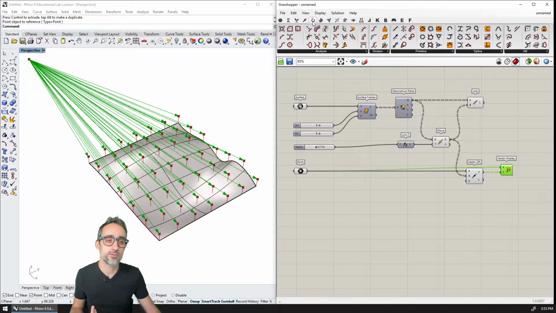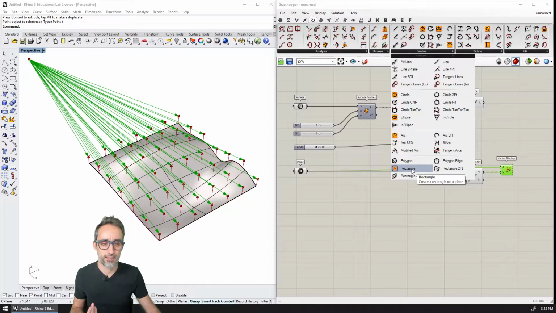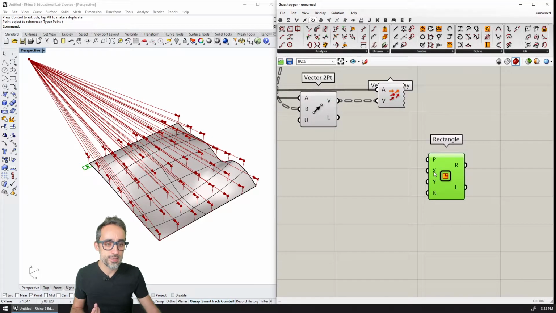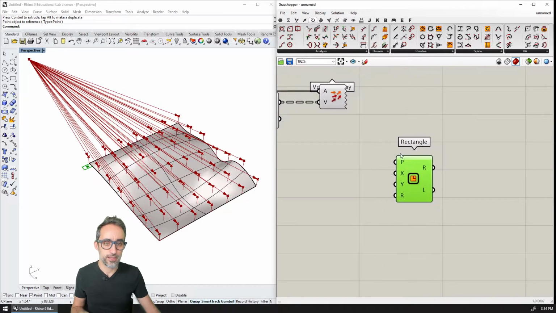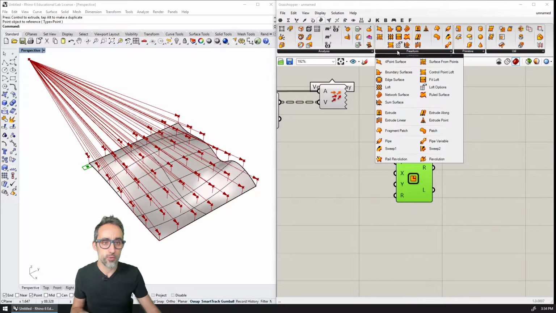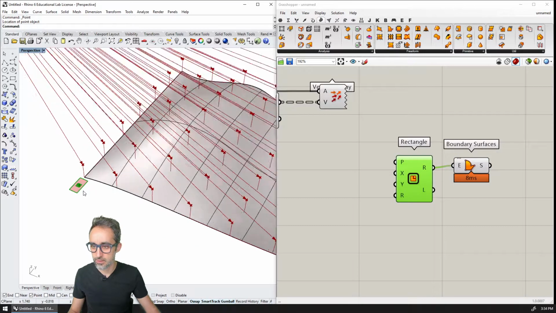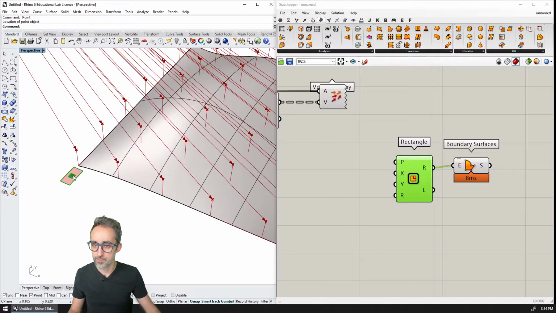One of the easiest ways is to go to curves and to rectangle. With this, we can create rectangles that are centered on top of our base plane, and then I can do a boundary surface so that it becomes an actual, closed surface.